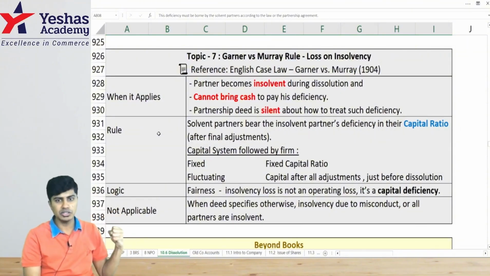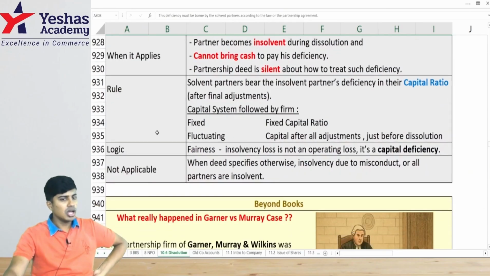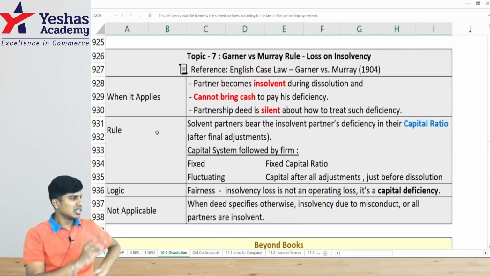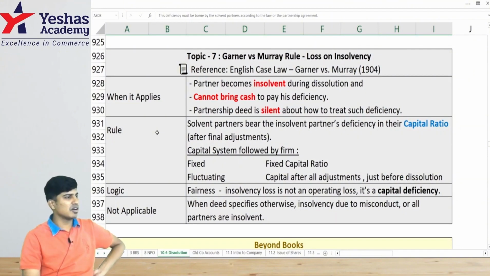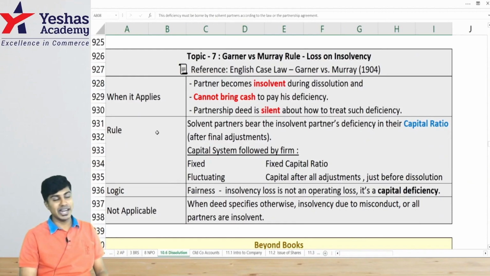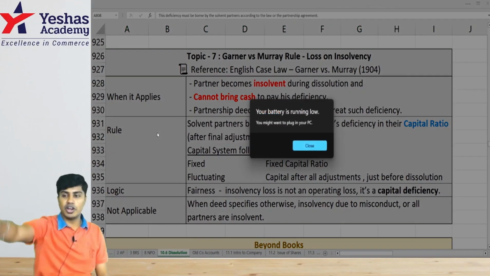I hope everybody understood. So the next thing for you to note, how to apply this? Very simple. If there is loss, that loss will be borne by them in profit sharing ratio. The argument in the case of Garner versus Murray was very simple. The argument says that the insolvency of one of the partners